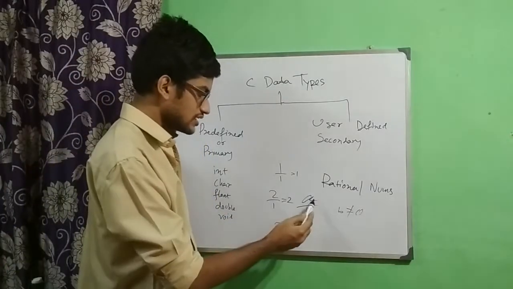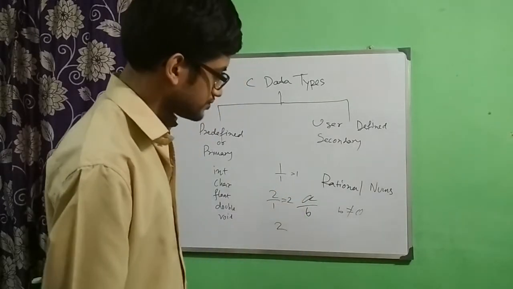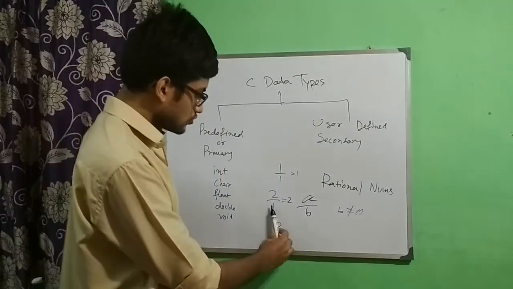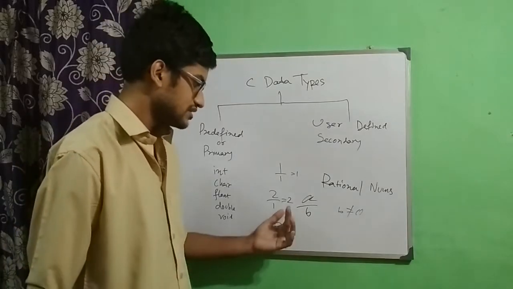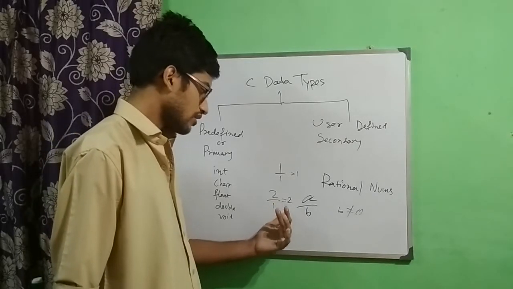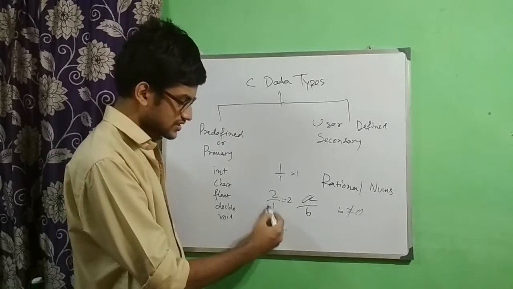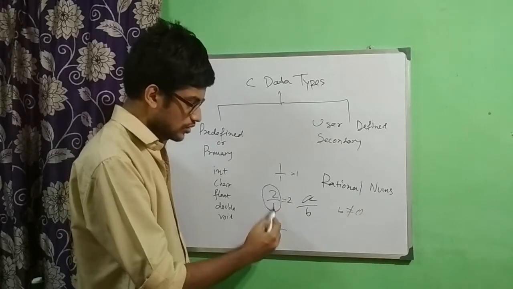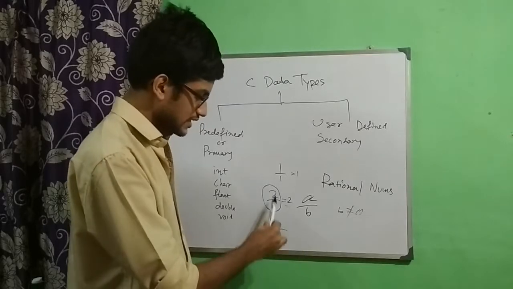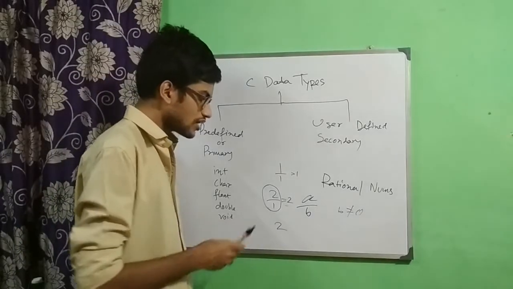Fraction means what? Fraction means A by B. So this A by B means fraction. I can write 2 by 1 equals 2. The number doesn't change, the number stays the same. After dividing 2 by 1, actually I am expressing the 2 as the fraction of 2 integers. You can see 2 and 1, both of them are integers. So I am expressing 2 as the fraction of 2 integers.